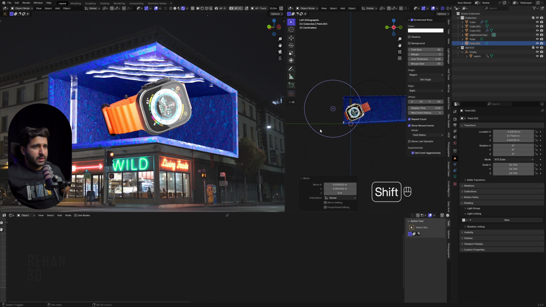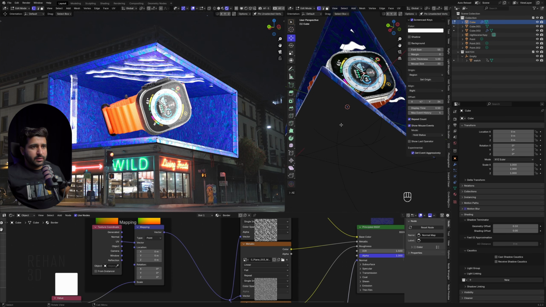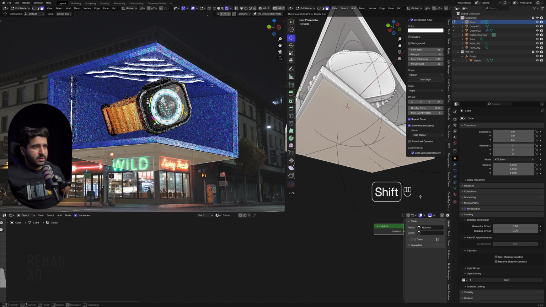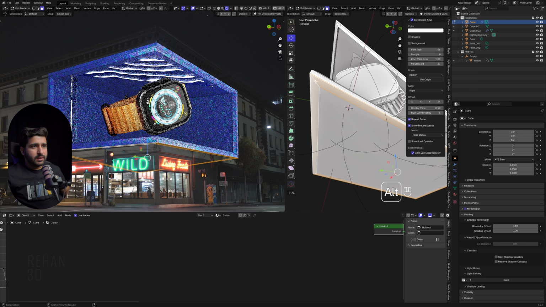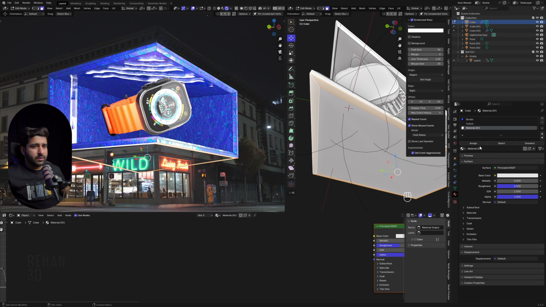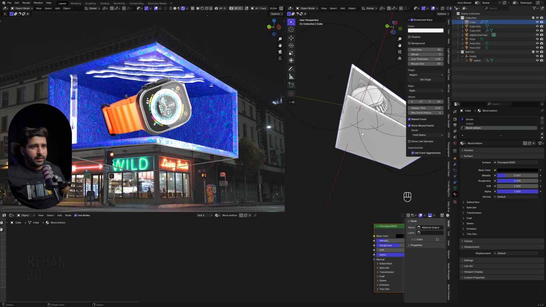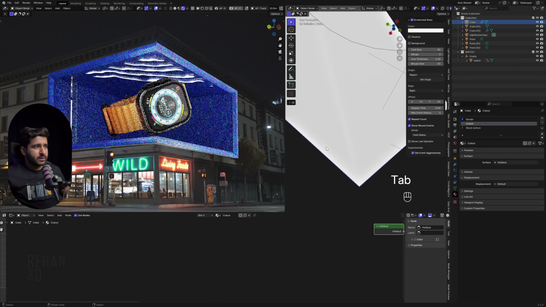And guys, now I will simply duplicate this light, and let me create a new face here. Go into the shading mode, select face select mode, press I to inset this, and I think this is good. So I will select this face, create a new material, apply it, and name it lock bottom. I will give it a color like this. Move it here, go into edit mode, select these faces, and apply cutout like this.